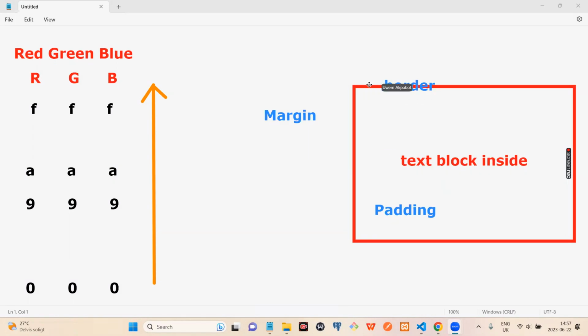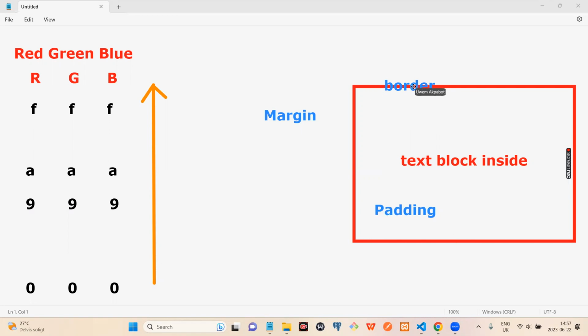In our previous class, we mentioned something about the box model. So here it is, just a recap on it. We have a text block inside a box, and a box represents anything from a one-line text to something bigger in HTML. So we have a text block inside, then the line, the margin, the outside from the inside